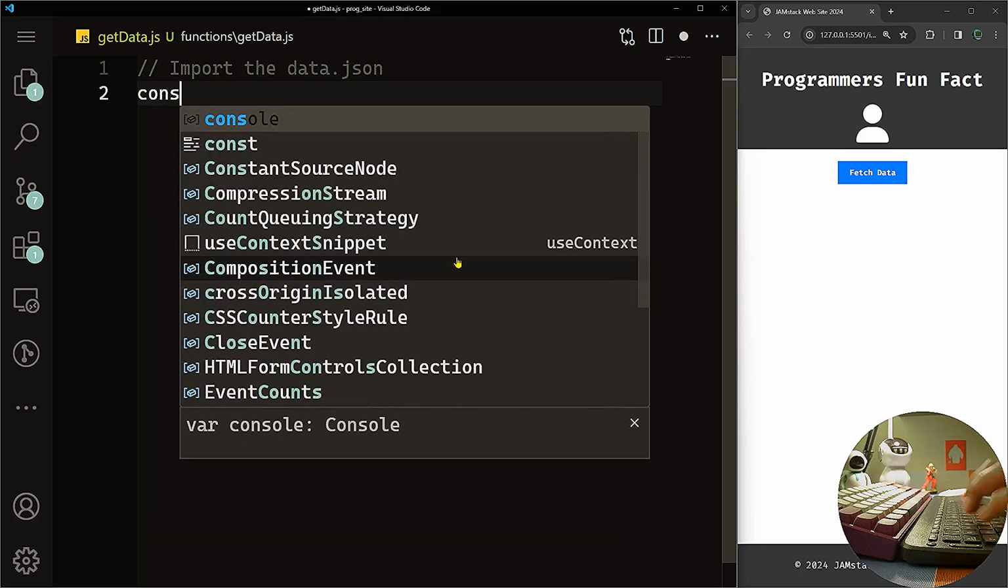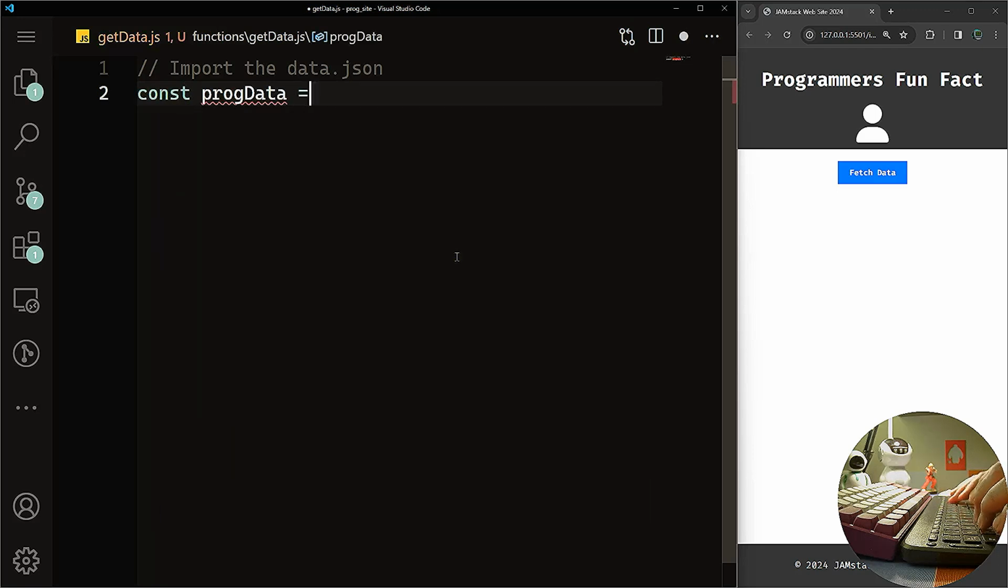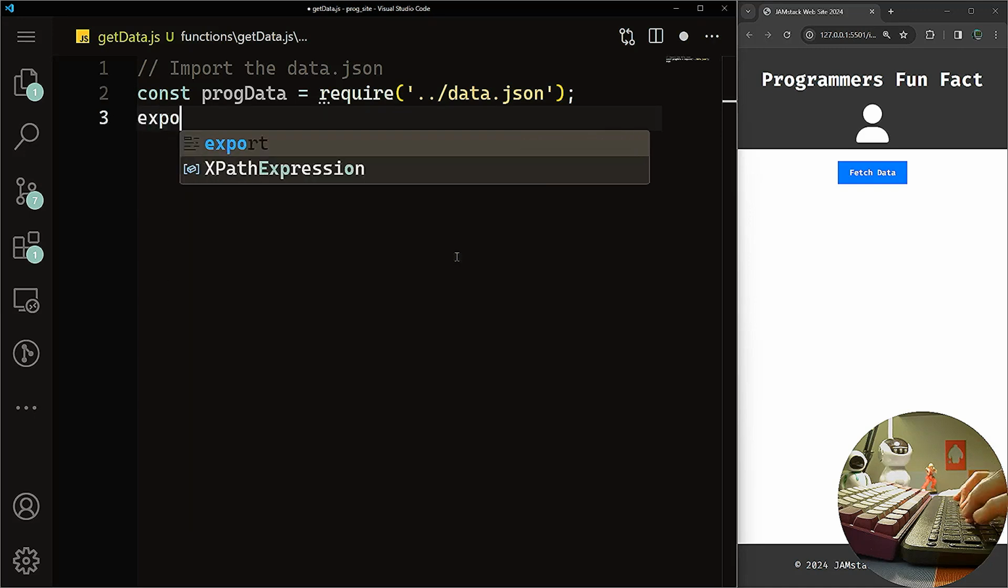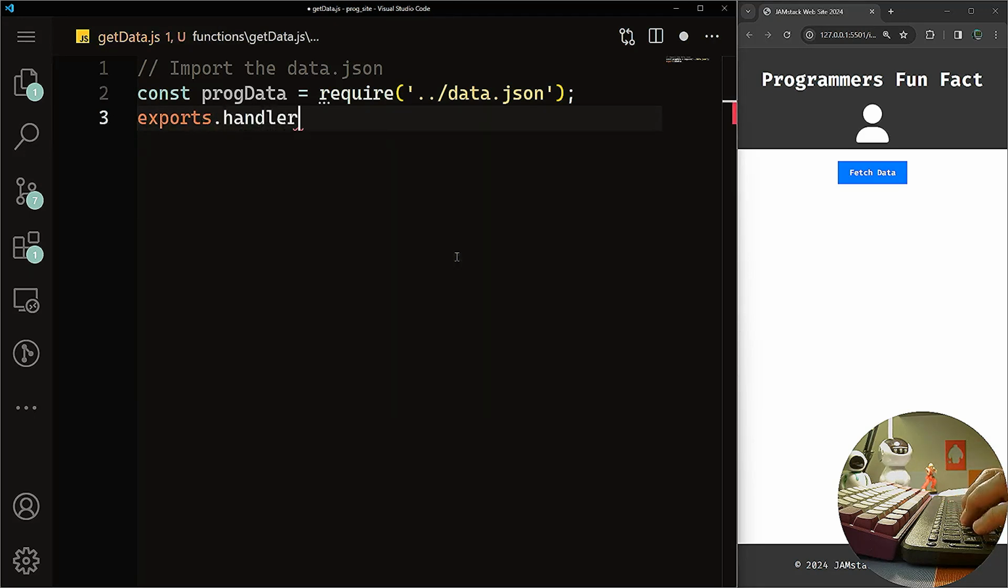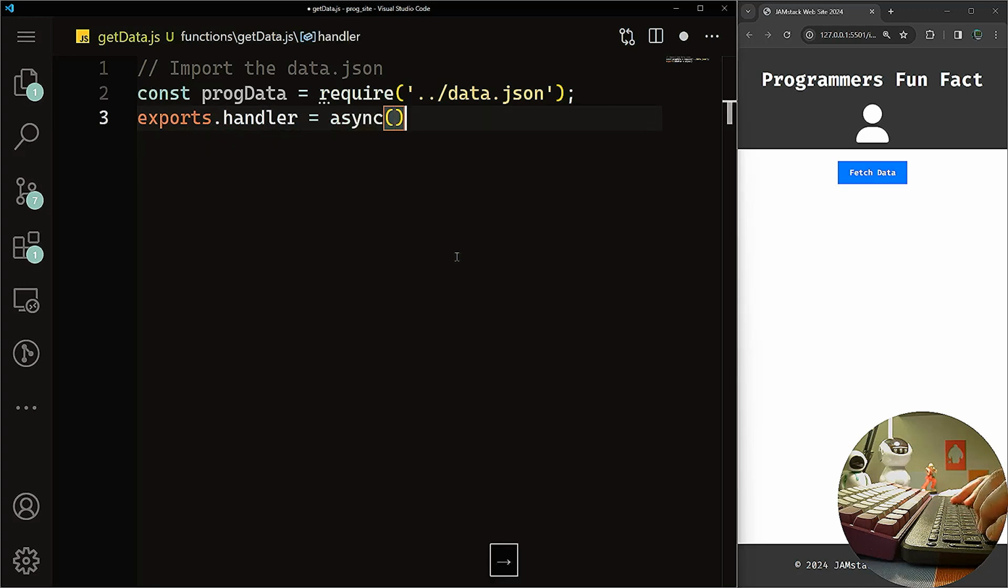I'm going to have this const prog data, or programmer's data, equal to, we're going to require that from that path. So up like that, and we'll go to data.json. So that's the first thing. And the second thing, I want to define the handler function for this serverless function. So I'm going to say exports.handler, and that's going to be equal to a function, which is an asynchronous function, because we want to return